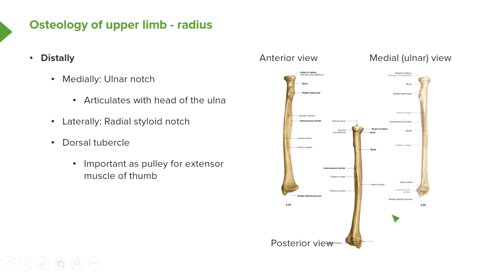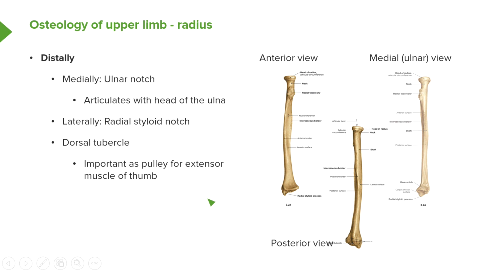If we have a few more details looking at this distal end of the radius, then we can see we have an ulnar notch, and this allows articulation with the head of the ulna. We can see this clearly on the medial view, which is the ulnar view. So we can see that clearly here. We've got the ulnar notch allowing articulation with the head of the ulna. As I've mentioned, we've got the radial styloid process, and we've also got the radial styloid notch as well,